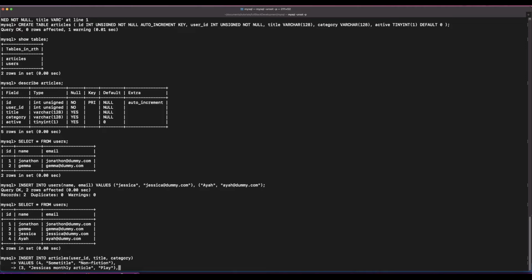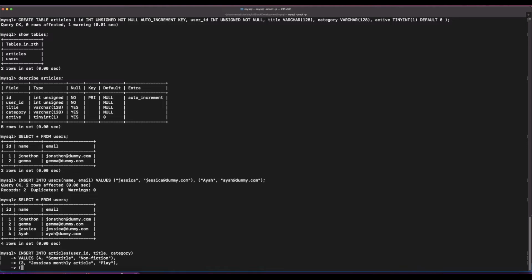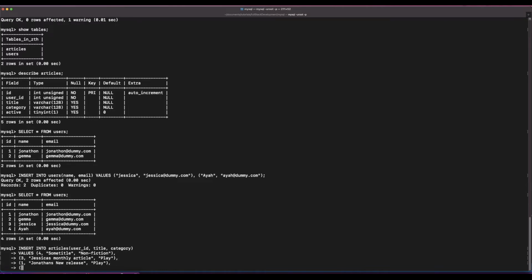and do a comma, enter, and then we want to add one for Jonathan, and this will be Jonathan's new release, and it will be play again as the category, and then comma, and then we'll add one for Gemma, so that's number 2 or ID 2, and then we'll do Gemma's new list, for example, and this will be